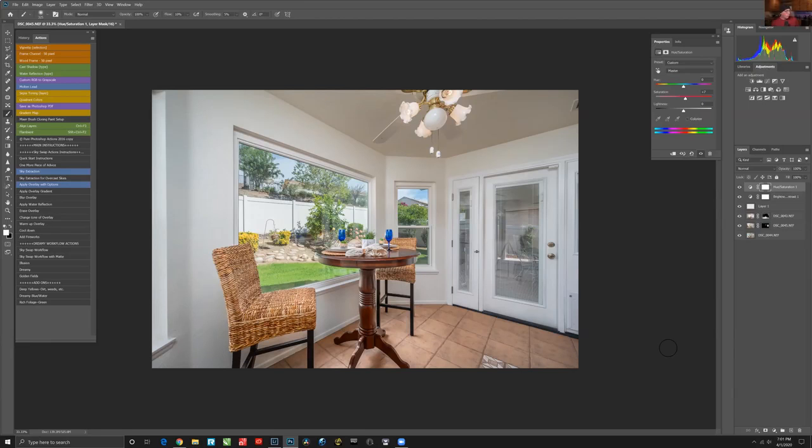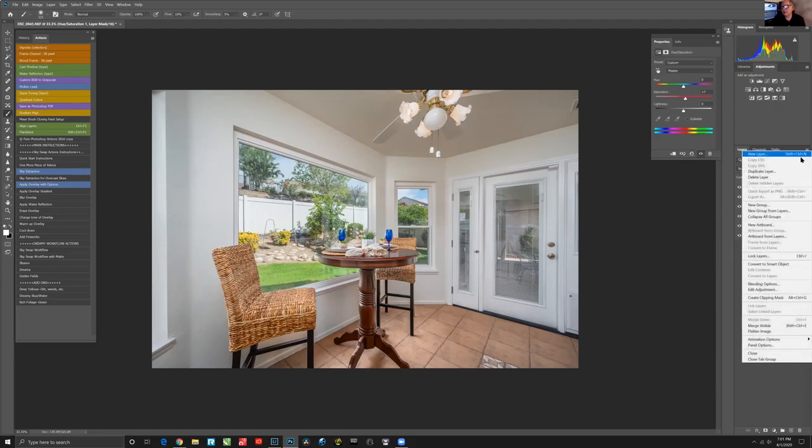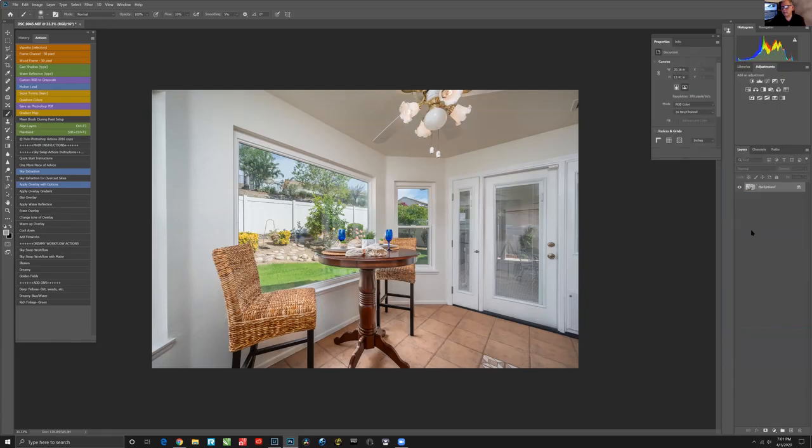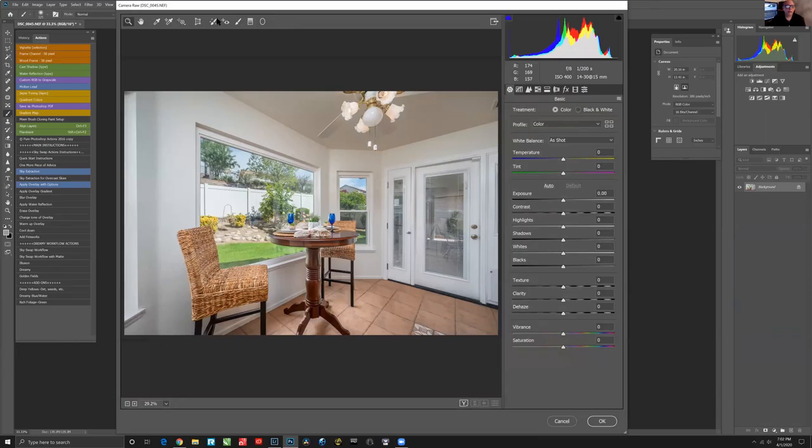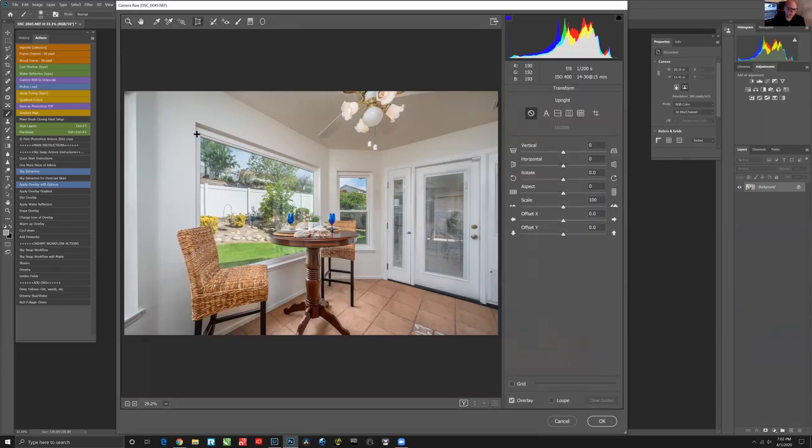So when it comes to perspective control, do you do that in Photoshop here? I generally do it all in Photoshop. So if it's going to move on to now my next thing, the perspective and then cropping, then from here, I will just go ahead and flatten the image, go ahead and filter, open camera raw. And I'm looking for camera raw. It's right there. Yeah. Thank you. And come into my perspective and